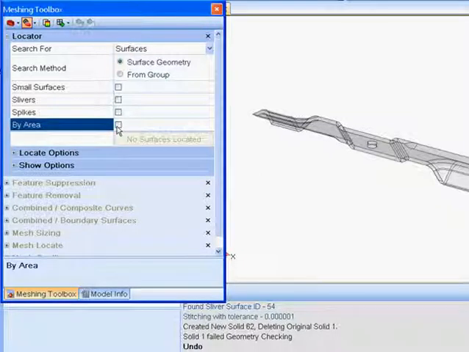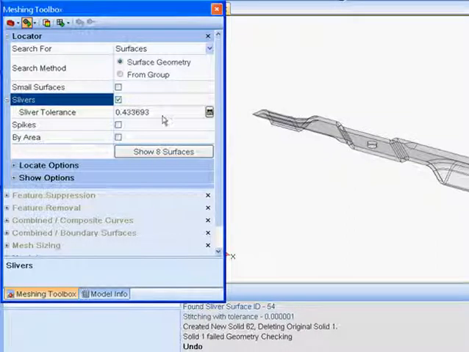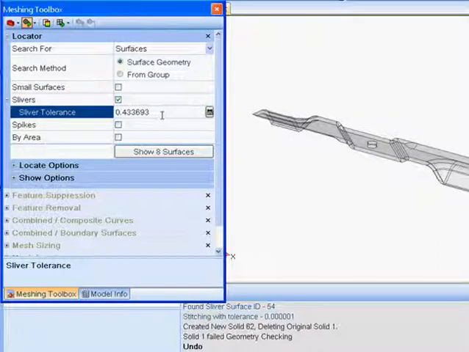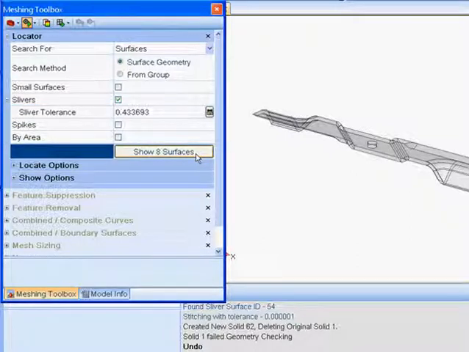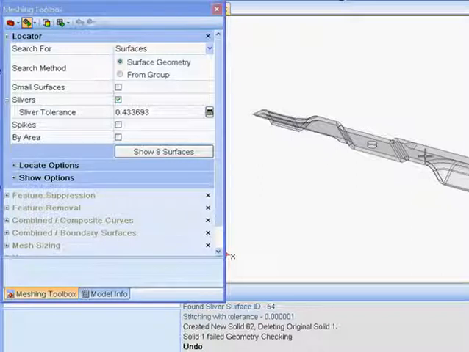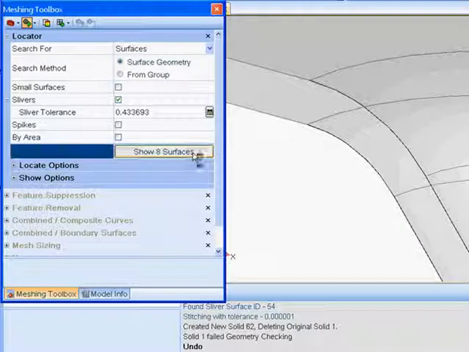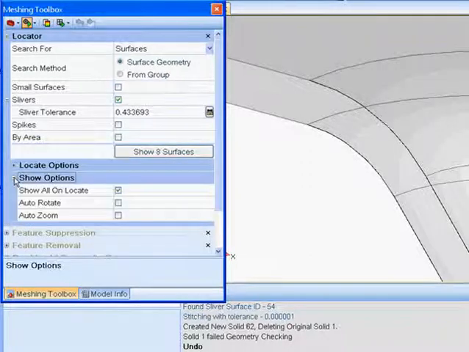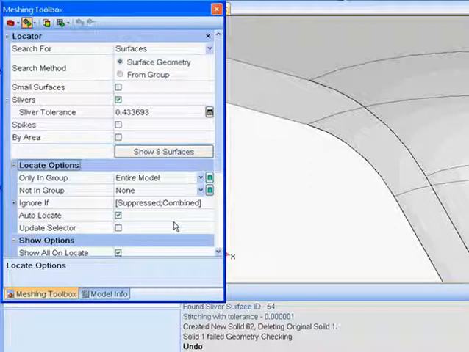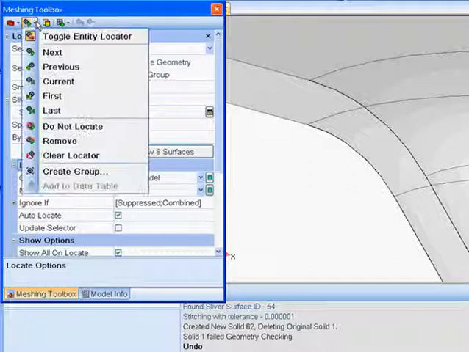If you recall, the Solid Geometry Cleanup command located sliver surfaces. So I'll turn on the Show 8 Surfaces button. But because these are such small surfaces, they're nearly impossible to locate just through this operation. I can use my Show and Locate options to walk around the model. However, because I want to remove those sliver surfaces, I'll go to my Meshing Toolbar command, and under the Entity